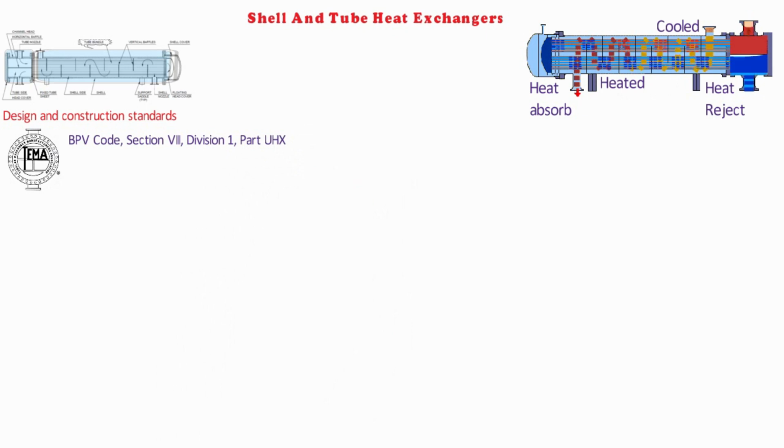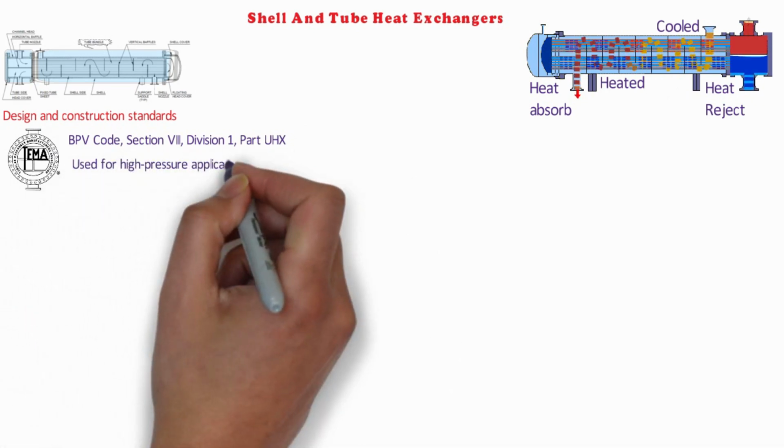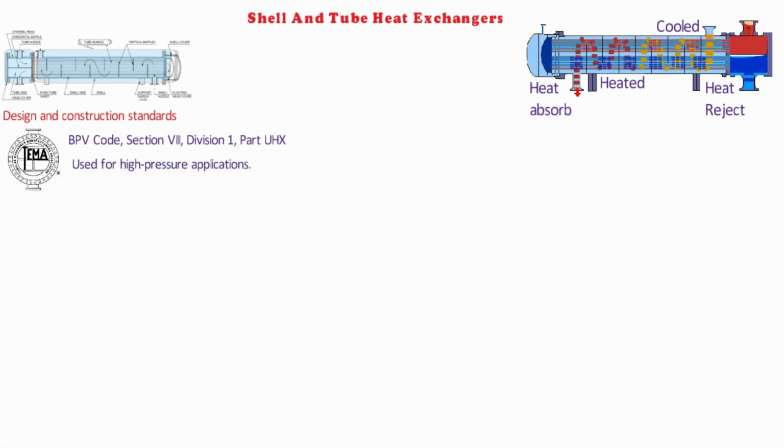Now, let's talk about the application of heat exchangers. Shell and tube heat exchangers are generally used for high pressure applications. This is because the shell and tube heat exchangers are robust due to their shape. There are several thermal design features that are to be taken into account when designing the tubes in the shell and tube heat exchangers. Various types of arrangements for channel, shell and bonnet are possible as per TEMA guidelines, which we have seen in our previous video on heat exchangers.